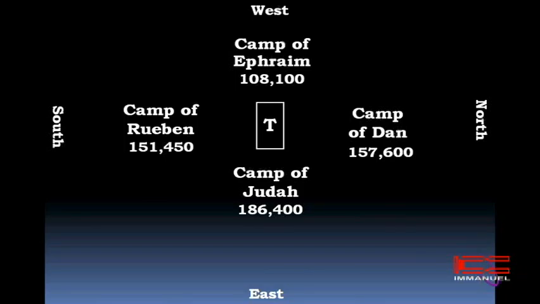And all these numbers, I'm just doing you a favor, because you're going to have to add them up. In a small camp, you have this many people who belong to the camp of Dan, this many people belong here, this many people belong there. If you add them up, those are the total numbers you get.